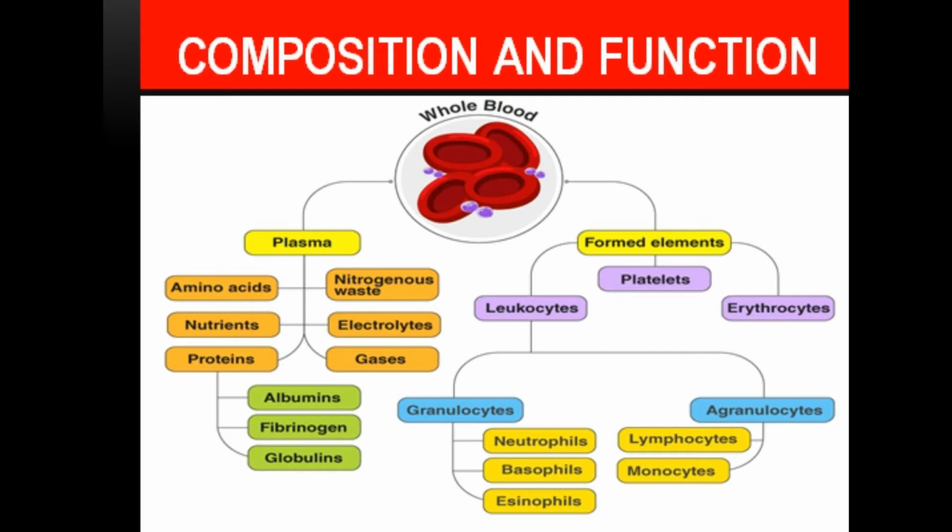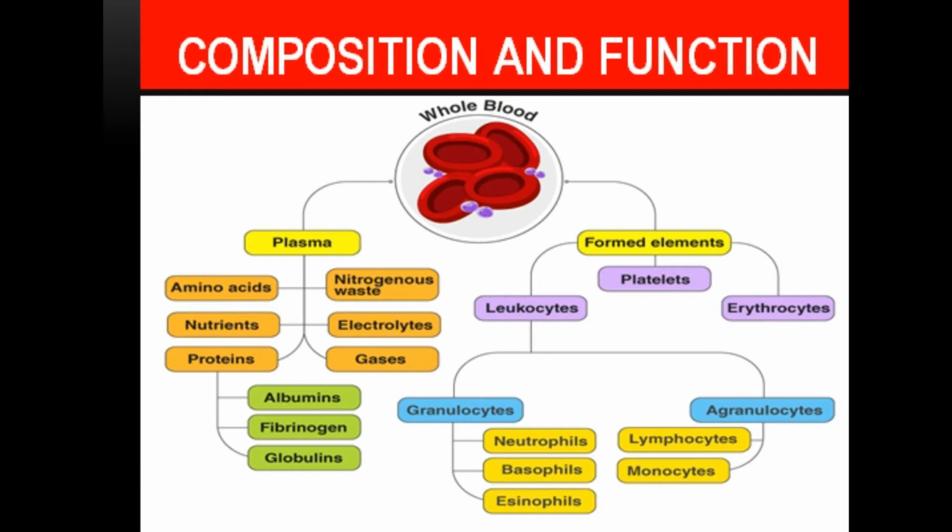Another type of cells are WBCs, which account for only 1% of the blood, and the range is about 4,500 to 11,000 per cubic millimeter of blood. These are the cells mainly involved in the immunity of the body, and they protect the body against foreign substances and various types of infections.